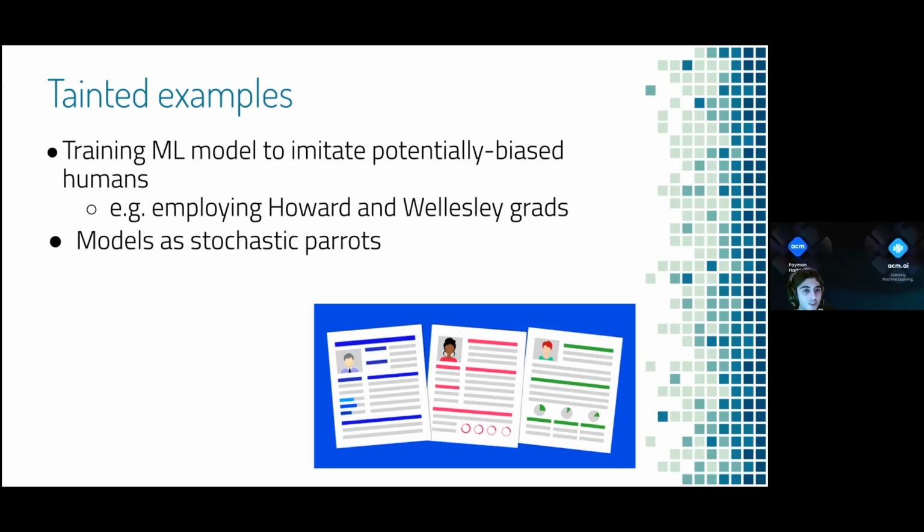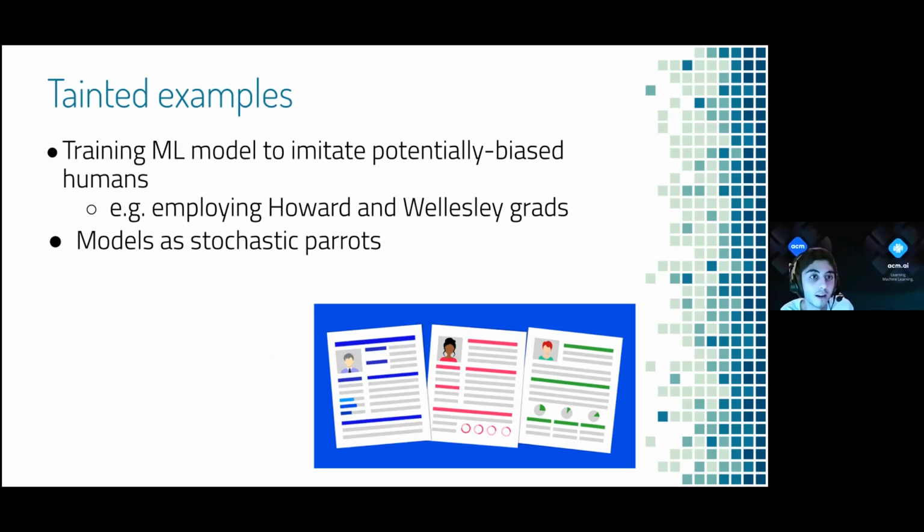Yeah, to add to that, the idea is to extend the college example that we have on the slides. You generate a big data set of individuals from a bunch of different schools, and then there's the certain recruiter that initially did the recruiting. Because we're doing supervised machine learning, we're basing our models off of some data that's been collected. So if in the data that's collected, a very low percentage of individuals from Howard and Wellesley ended up getting a job for this specific position, then when we train a model that, for example, tries to predict whether individuals from certain schools are qualified for this job or not,